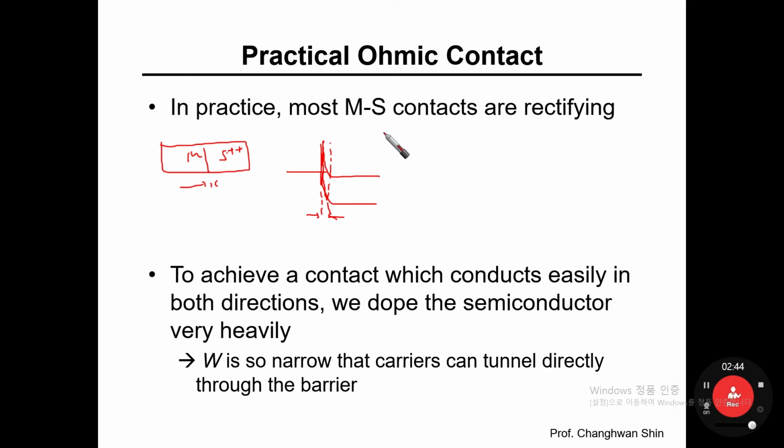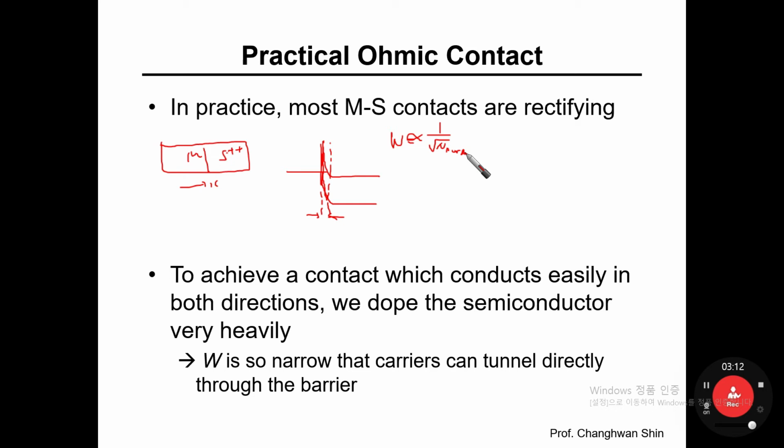You remember the equation for the depletion layer width in an MS diode, right? It is proportional to 1 over root N_D or N_A. So if you increase the doping concentration as much as possible, the depletion width becomes even narrower than 10